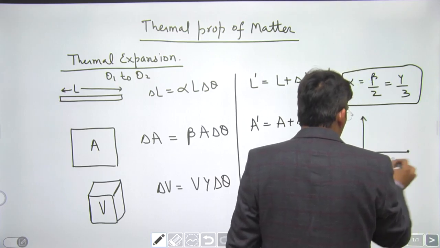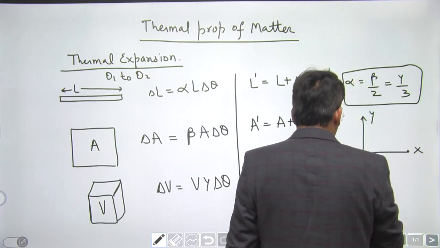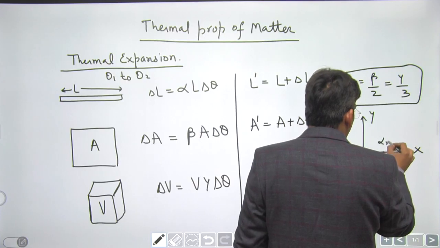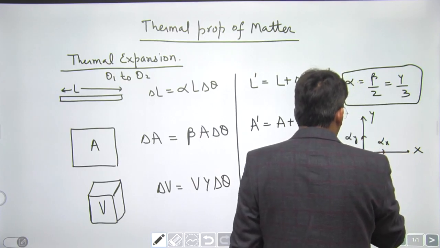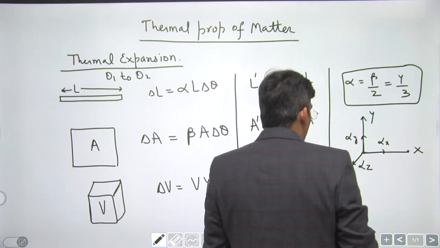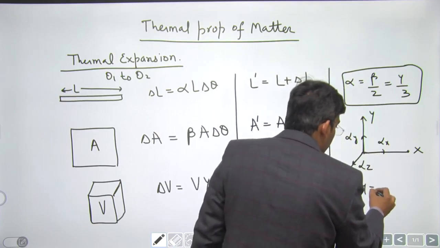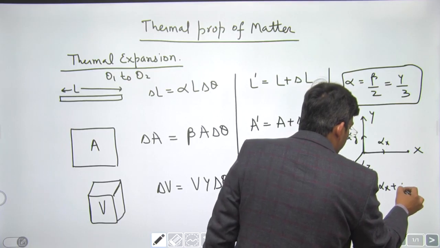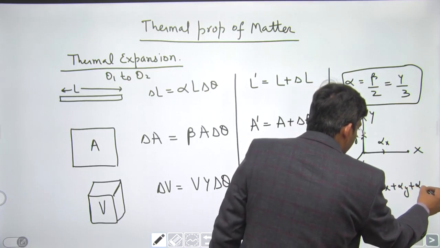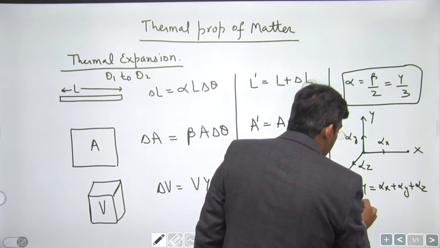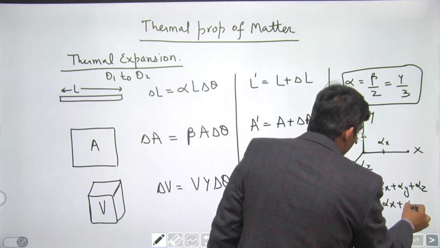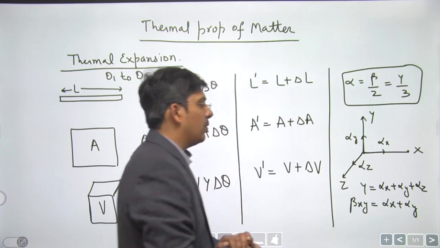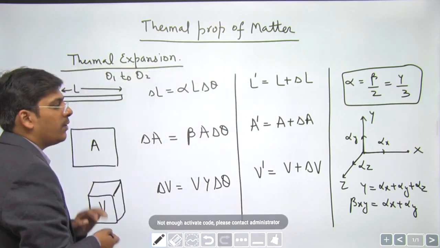Okay, see, if you have different values of α for different axes, right? See, x axis, y axis, z axis. This is α along x axis is different, expansion along y axis is different, α along z axis is different. So in that case, coefficient of cubical expansion is given by αx plus αy plus αz. Areal expansion for xy plane is αx plus αy. Similarly, you can write everything, dear students. Okay, right. Kindly note down, dear students.